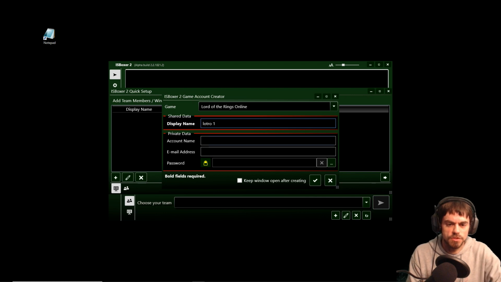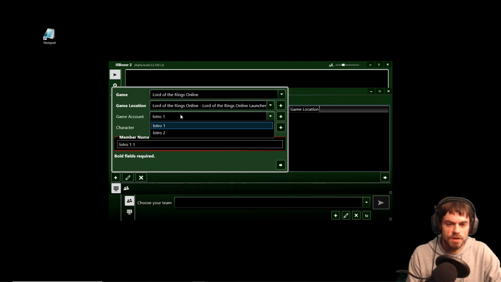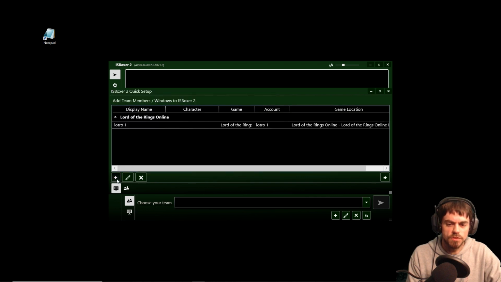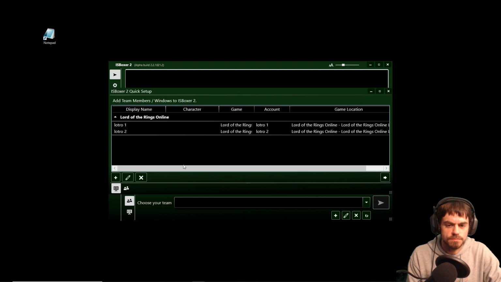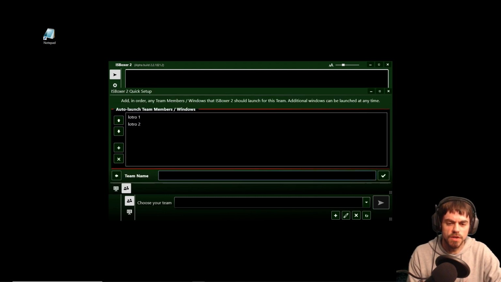So I'm going to set up 2 accounts, fill in the account name on both of them. I'm going to use this keep window open after creating box to go ahead and do both of them at the same time. And then we're done. So now we can finish setting up our 2 team members to go with my 2 accounts. So I've got 2 accounts. I can move on to naming the team